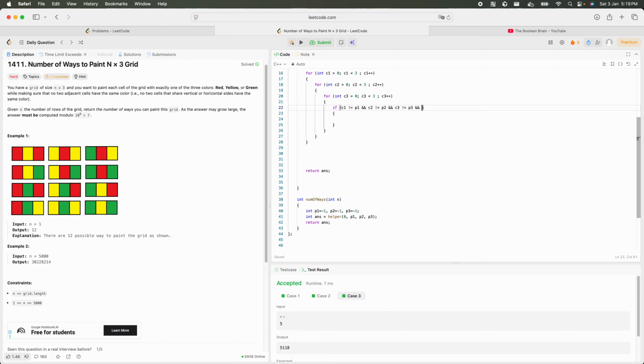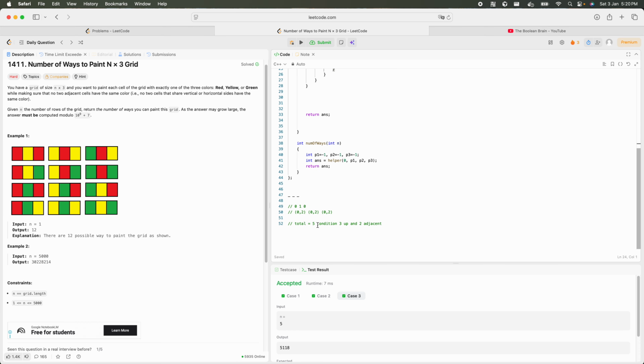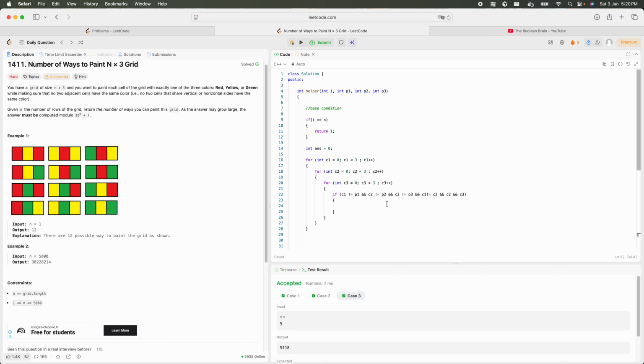What else? There were another two conditions: c1 is not equal to c2 and c2 is not equal to c3, isn't it? I need to ensure these 5 conditions are met before updating the current